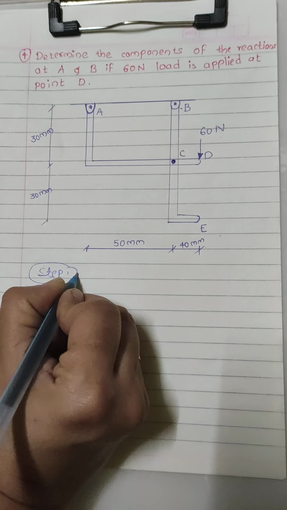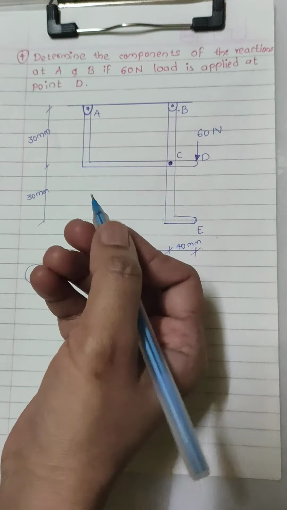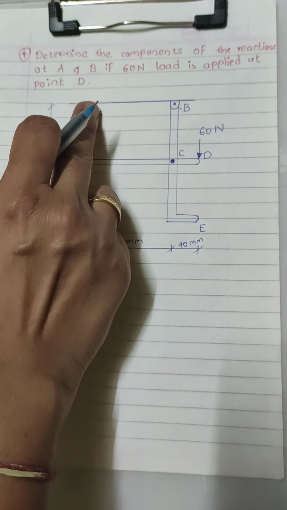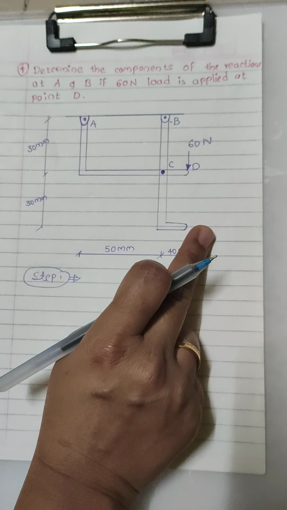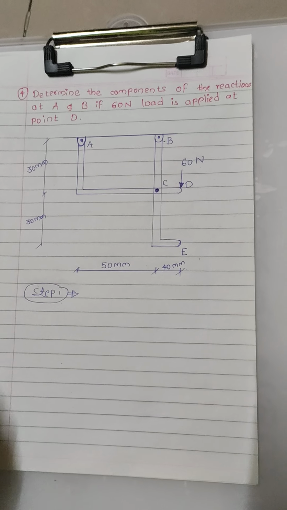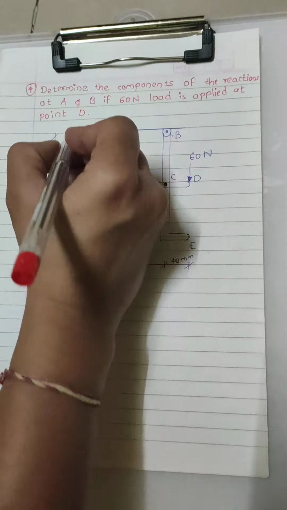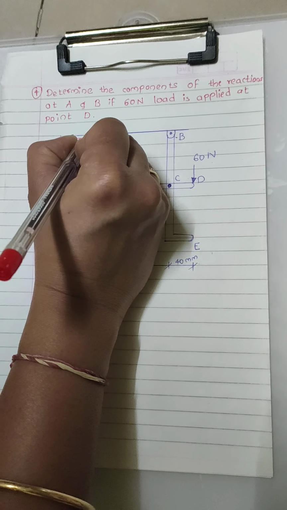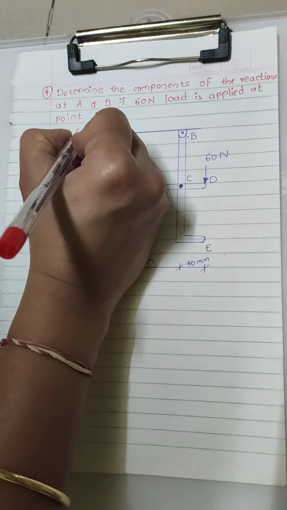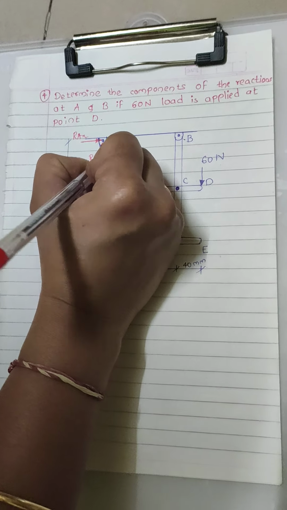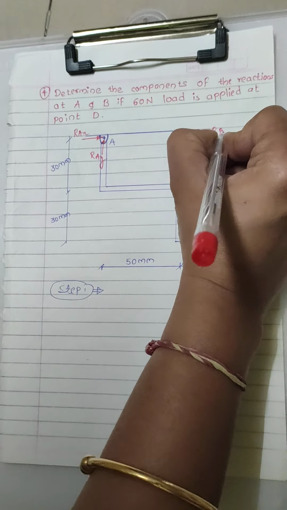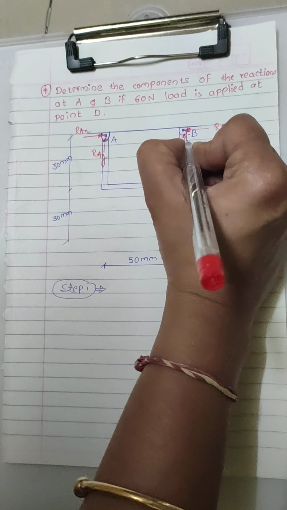In step 1 I am going to consider the external hinge, and in step 2 I will dismember the frame as there will be a development of member ACD or BCE, and in step 2 we have to consider the internal hinge C. Now in step 1 I am going to consider the external hinge. This is hinge support A, so there will be development of two reactions, RAX, RAY. Again these are my assumed directions. At B, RBX is acting leftward and RBY is acting upward.